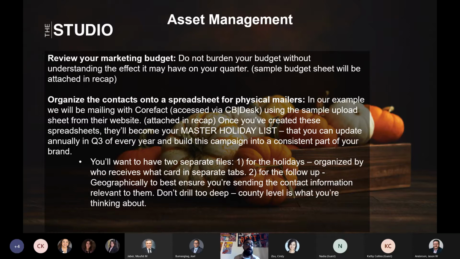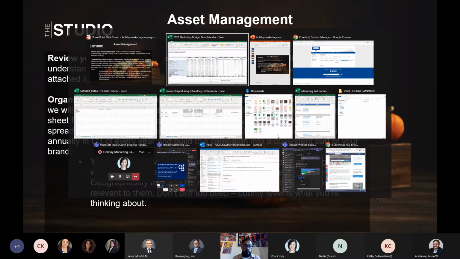You can't do that without being organized in its processes. So just like the workflow for the holiday campaign needs to be planned and organized before we talk about what we're going to buy to execute, like what the cards look like and where we're posting things socially. First, we want to make sure our budget allocates the plan to work. Otherwise, it can just be a social plan and you can make these audibles as need be. Again, work with your FMS to develop something that works great for your business. But after you've reviewed your budget and you've got your contacts organized, what you want to do